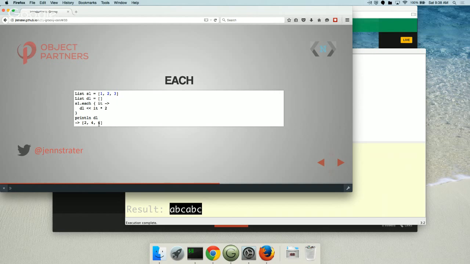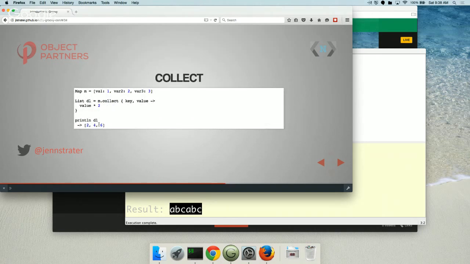So there are lots of different ways to double the numbers from 1 to 3. It can go even simpler though, because you don't need to specify your result and then add each element to it. You can use a collect. By default it returns, so it takes this return value, takes it times 2, and then each time adds that to your result, which is defined as a list here. So that's what it returns from the collect. Whereas each doesn't return your mutated list.